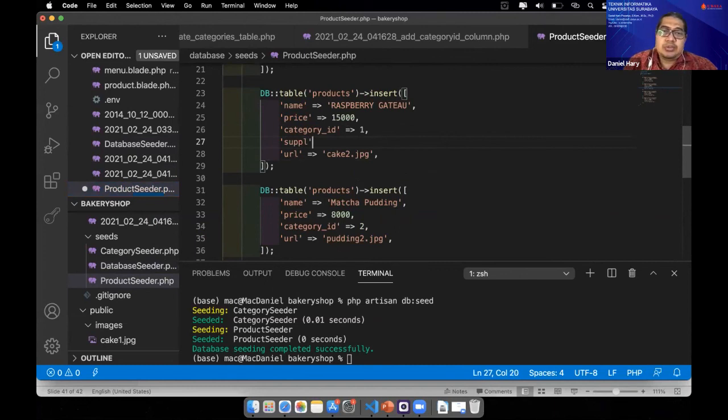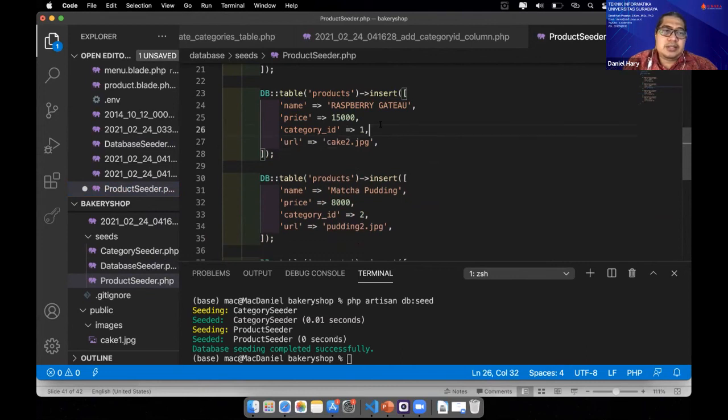Okay, you should roll back first, and then create the two migration files for supplier and for the new column, and then modify the product seeder, and create the supplier seeder.